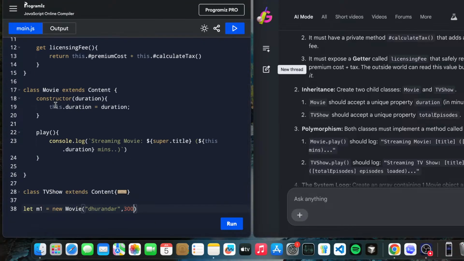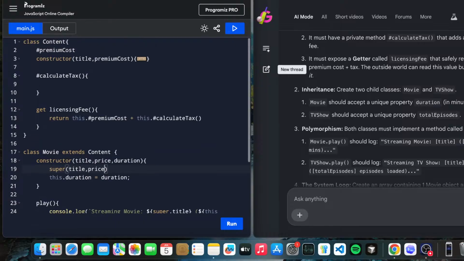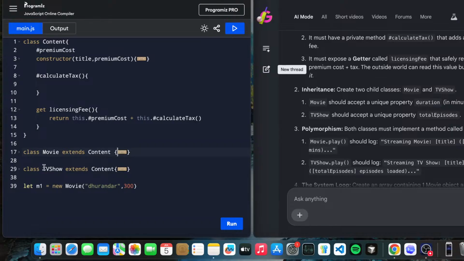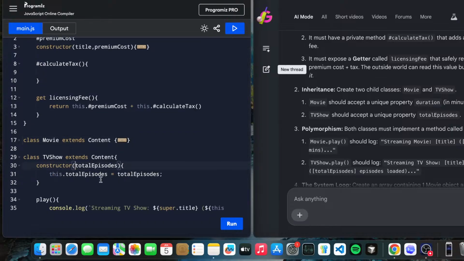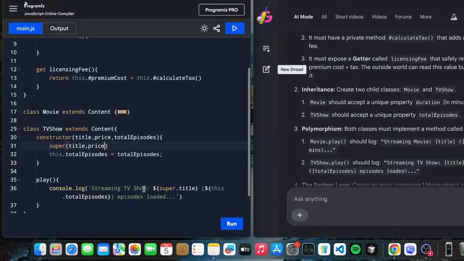I think we forgot something here, so let's give title, comma, price, comma, duration, and similarly it will be super, comma, title and price. Okay, for movie we are done, and similarly we will do it for the TV show, title, comma, price, and here we will use the super keyword and title, which helps to take the value from the base class to the parent class.